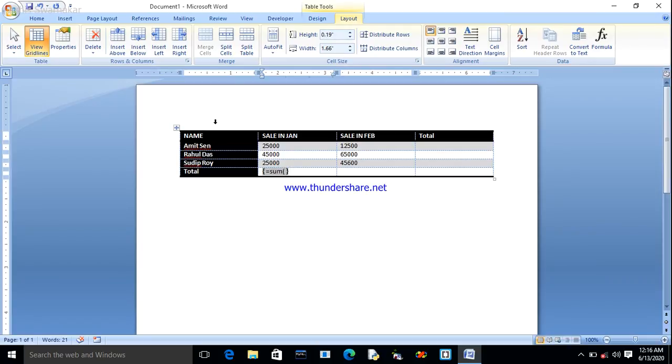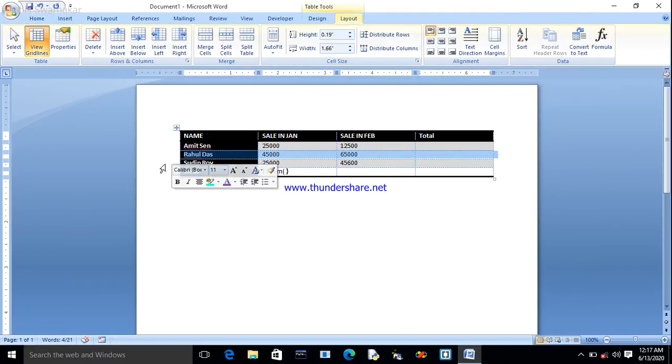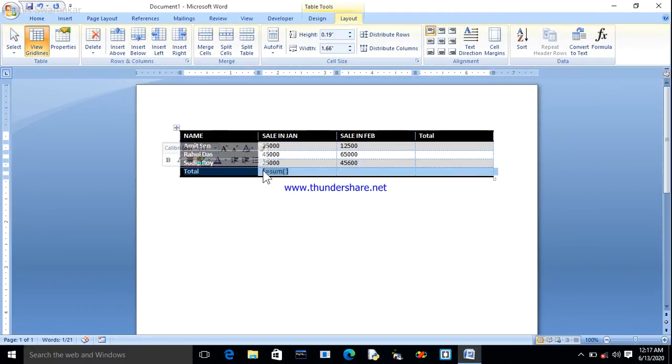We all know that when we create a table, it will automatically assign each column and row. So the first column, name, is assigned as A, then sale in January is column B, then sale in February is column C, then total is column D. And the rows: Amit Sen is row 1, Rahul Das is row 2, Sudeep Roy is row 3, and then total is row 4.